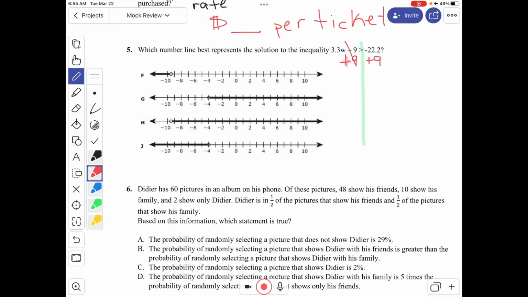That's going to make those cancel, and 3.3W comes straight down. The inequality symbol comes straight down. And then on the right, that's a negative 22.2 plus a 9. So since they are not the same sign, we're actually subtracting. And we're going to take the sign of the larger, and I can see from this that the larger number is the 22, the negative. So my answer is going to be negative. And if you subtract those, you get